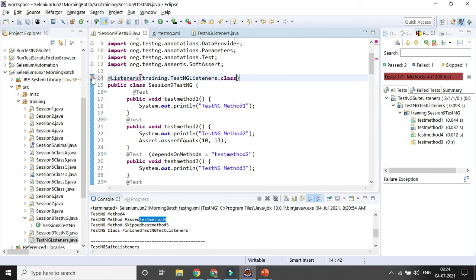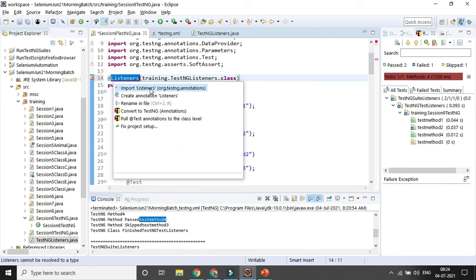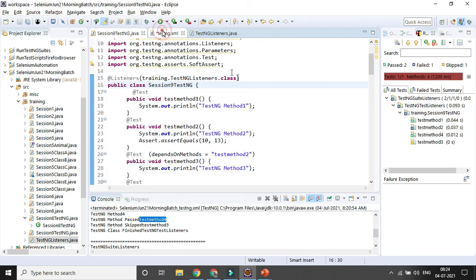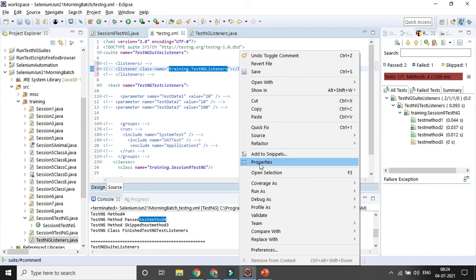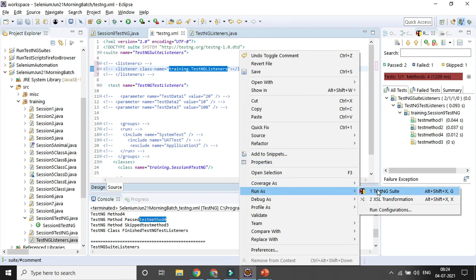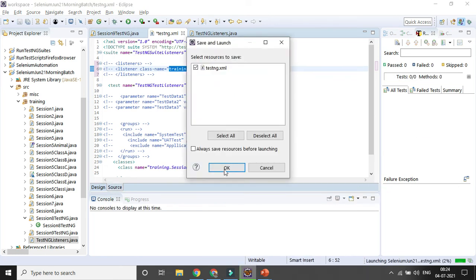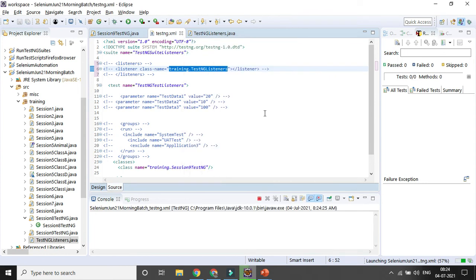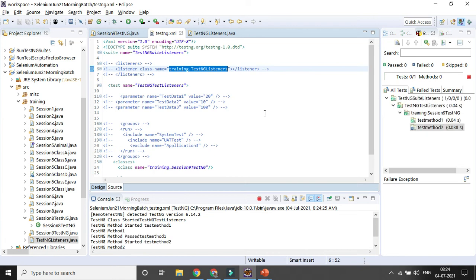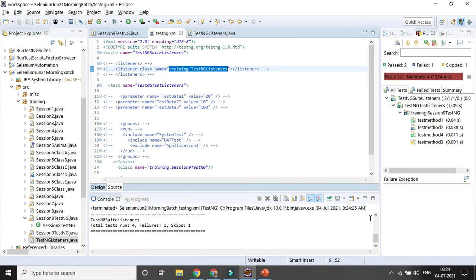Then you can also import the listener class here. So if you run it from the TestNG XML file now, it will behave the same way. So that is the two different approaches to implement the listener class in your TestNG framework, either with the help of the testng.xml file or from your class level. You can see it will behave the same way.